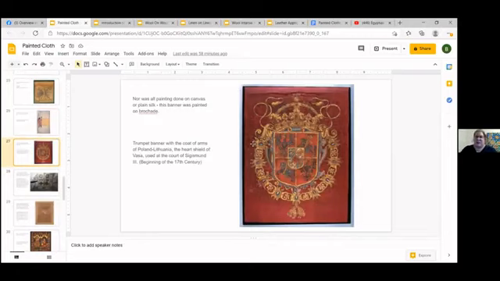So still sticking to banners, still sticking to detailing. The detailing in this banner is absolutely amazing. And what is even more amazing about it is the fact that it wasn't painted onto a plain background. Most of the painted cloths we see are painted onto a plain white background. This one is actually painted onto a brocade. So, you know, go out there and decorate everything. Even beautiful brocade fabric that we're thinking, oh my God, this would have been so precious. Yes, it was. It was so precious that they wanted to make it even more so. And to do that, they actually put a device on it and painted it right on top of the